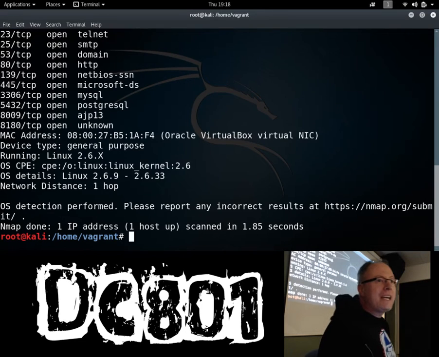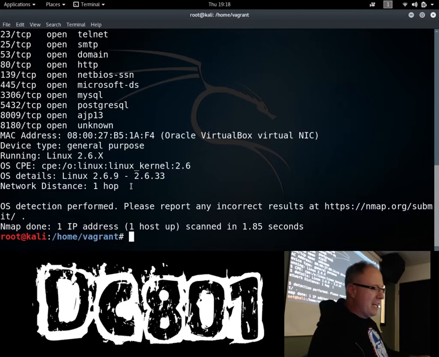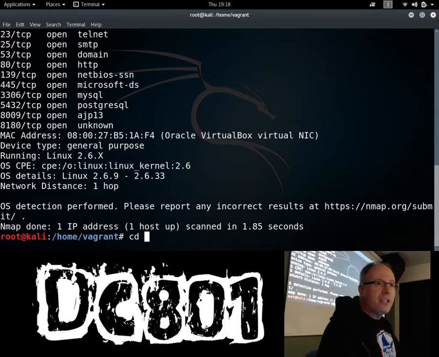So it'll come back and say it tried to detect. It says, okay, we think you're running Linux, and in this case, that's quite true. But if you're interested, let me show you this. User,